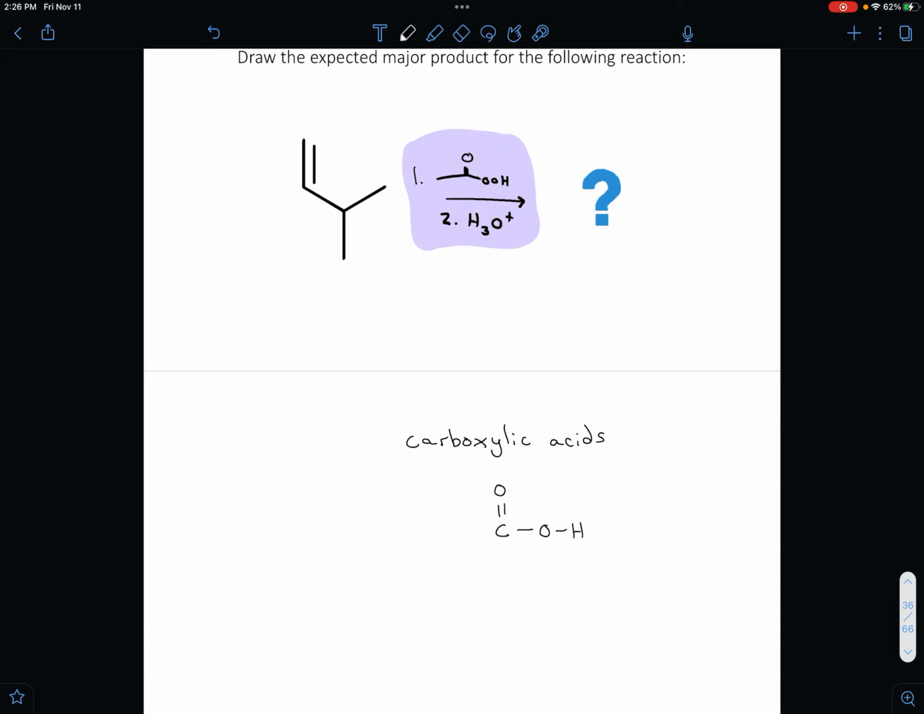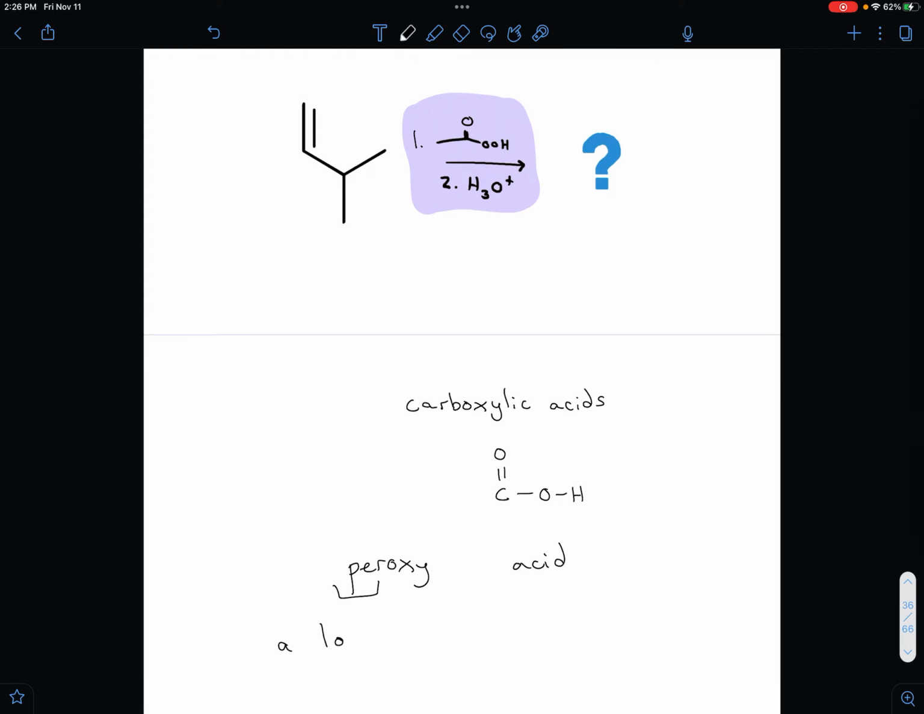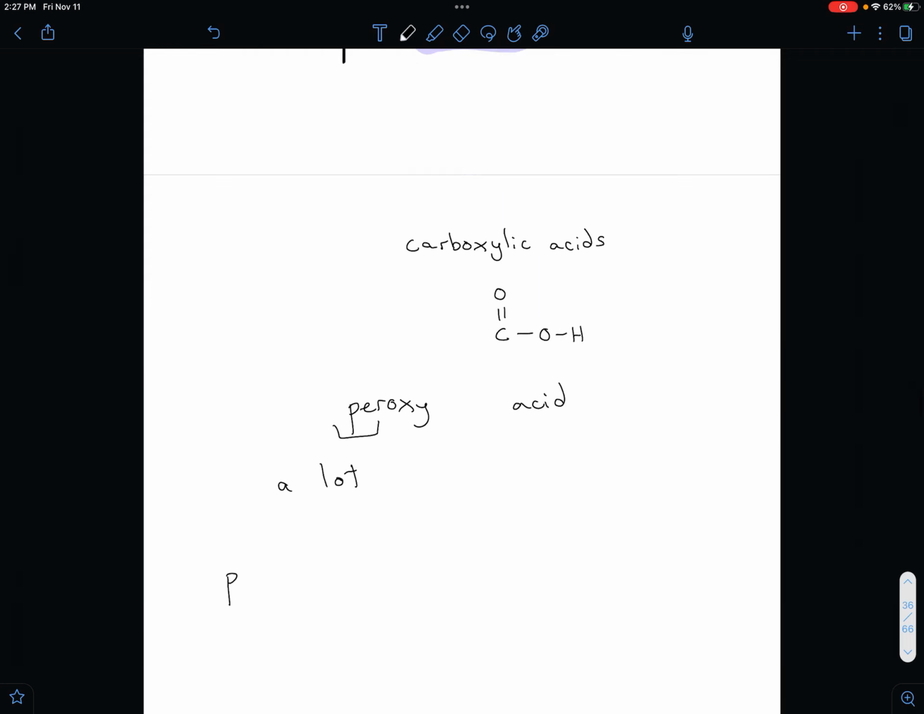Now, in this particular reaction, you're going to have a peroxy acid. Per just means a lot. Like, for example, in the word perfect, if something is perfect, fect means done, and per means a lot. So something that's perfect is really done. It's done as much as you can possibly do it. You can't do it anymore. It's perfect. And so peroxy means a lot of oxygens